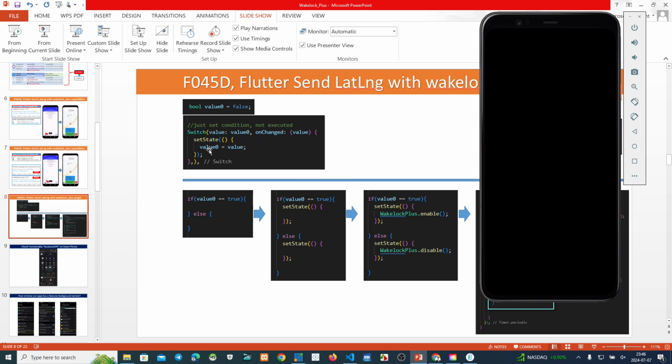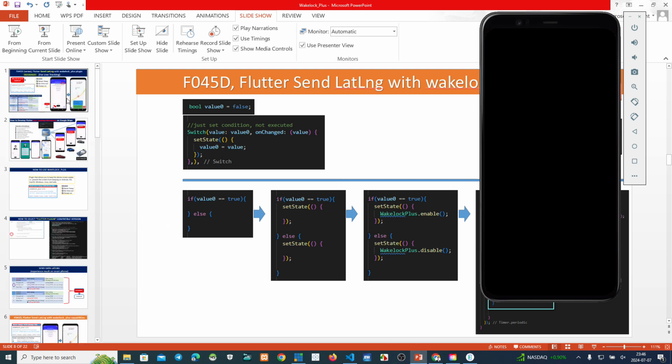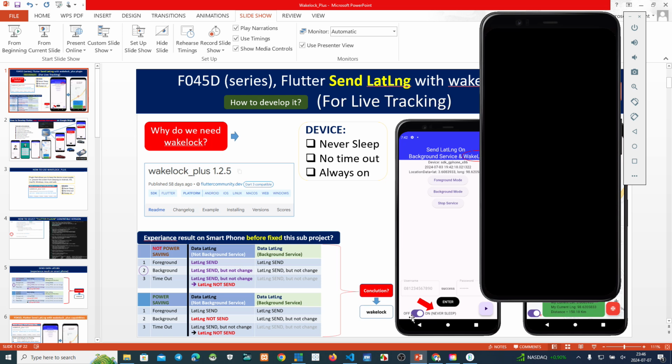Just a small switch, and we can click here to turn off never sleep by clicking to the left, and if we click to the right, never sleep is on.